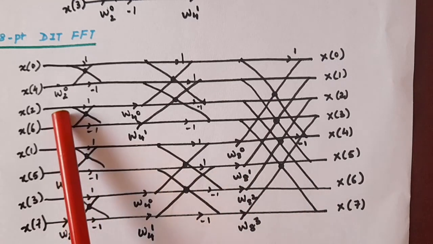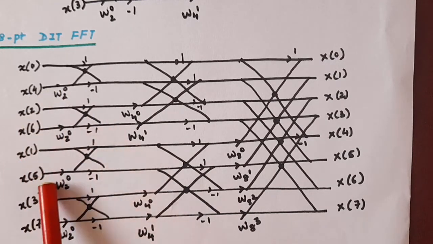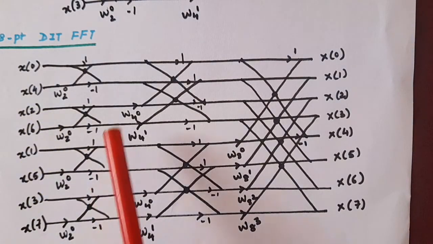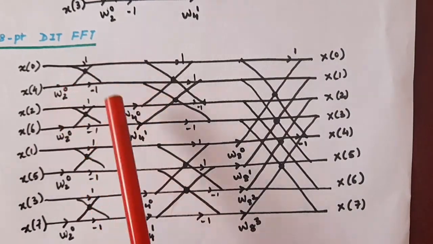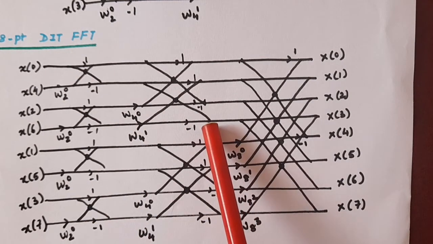The first stage twiddle factor is W2 to the power 0, written 4 times. And the twiddle factor is written at the beginning of the second line of each butterfly. The first stage is clear, 4 sets of butterflies. Coming to the second stage,